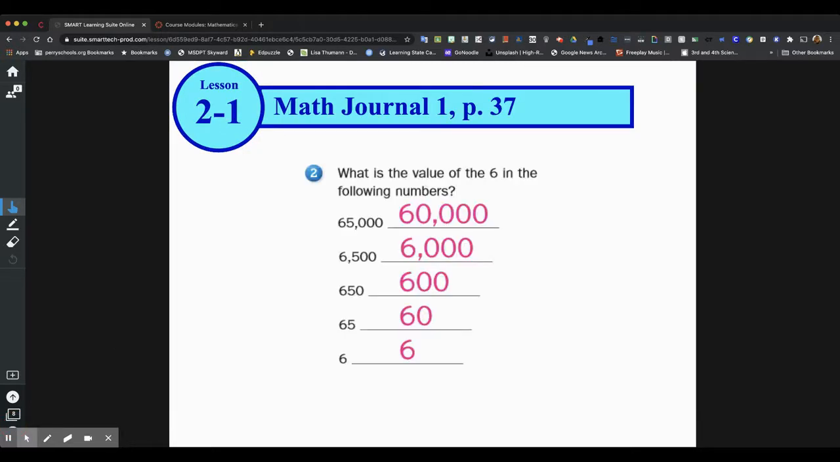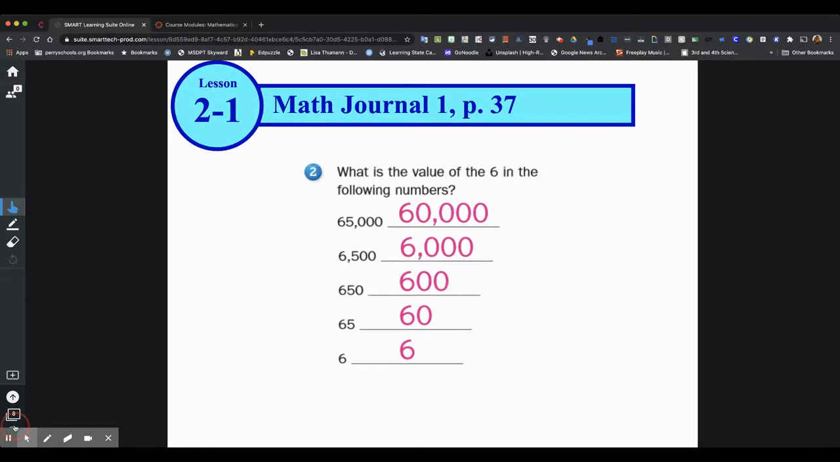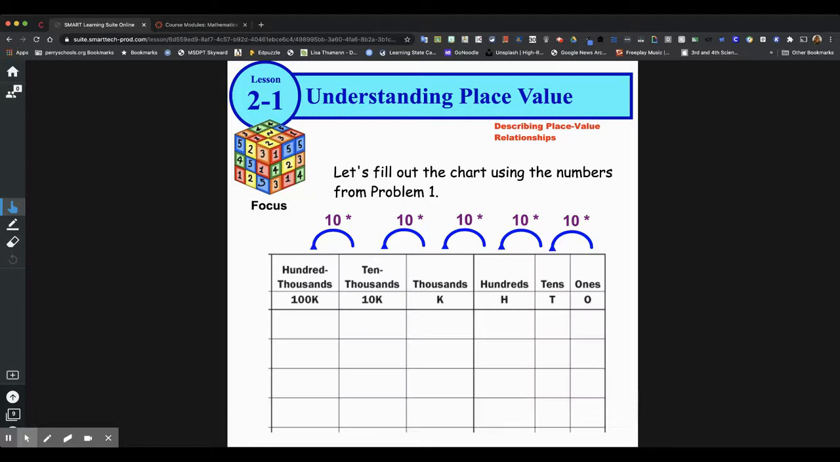So, 65,000, 60,000. 6,500, 6,000. 650, 600. 65 would be 60, and 6 would just equal 6. Pretty straightforward, right? Well, when we start using multi-digit numbers, we would use a chart like this to help us